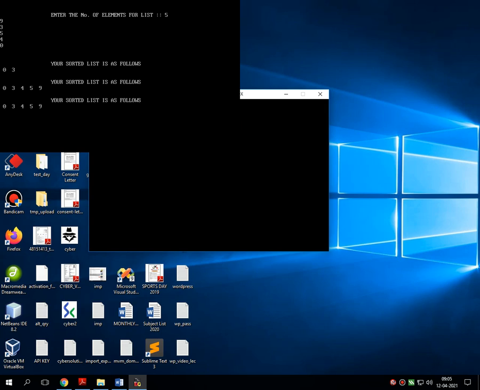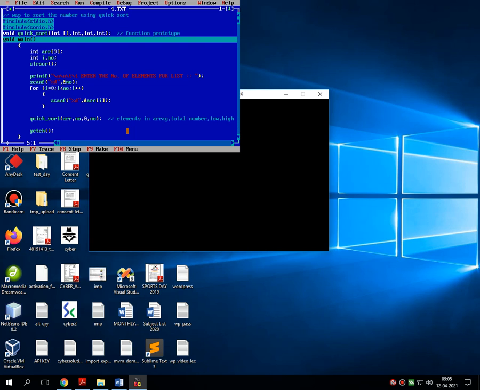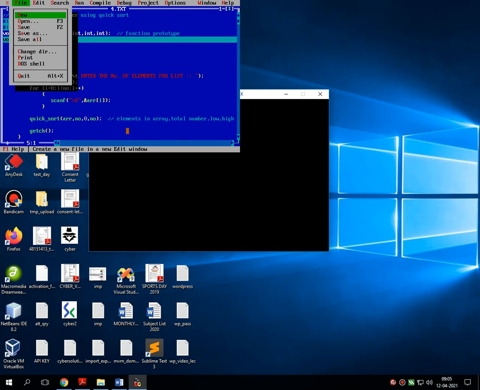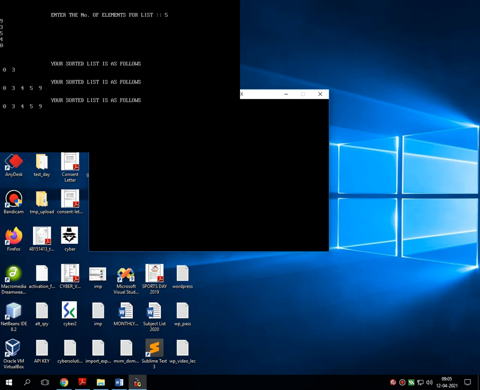That is 0, 3, 4, 5 and 9. That is from lowest to highest. Lowest is 0 and highest is 9, and intermediate are 3, 4 and 5, which are higher than 0 and lower than 9. Let's see this particular program in Notepad for better visibility.